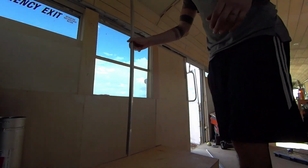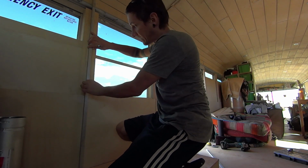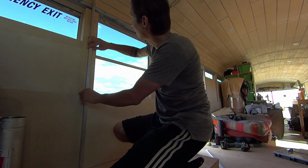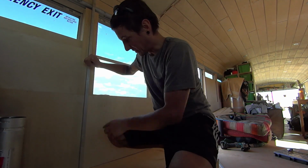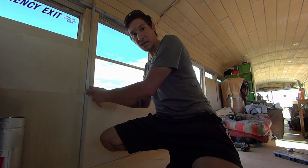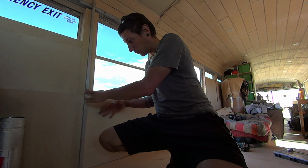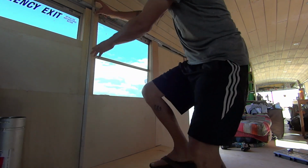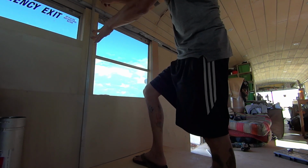I'm gonna put these aluminum brackets on here, which I still have. Oh man, they fit perfectly over these screw heads to center them. Nice, I don't even have to measure nothing. These are about 3/4 inches, so we have an air gap between the metal and the wall. So these are perfect. I'll put them up here, and then going through the bend, we'll have to put studs in